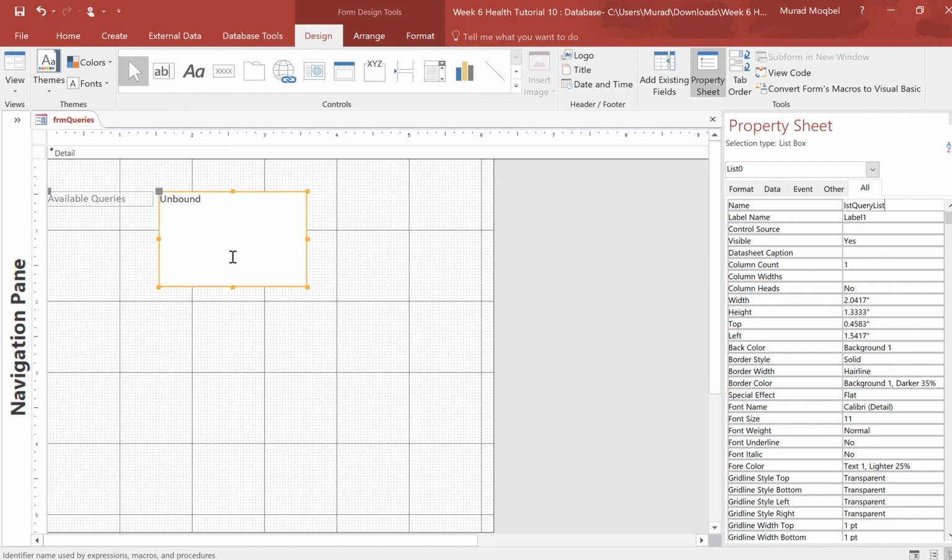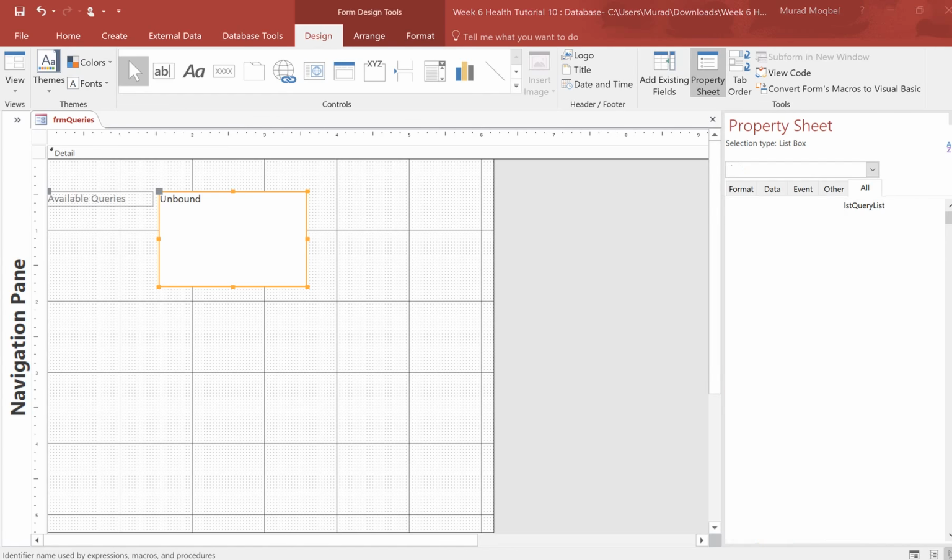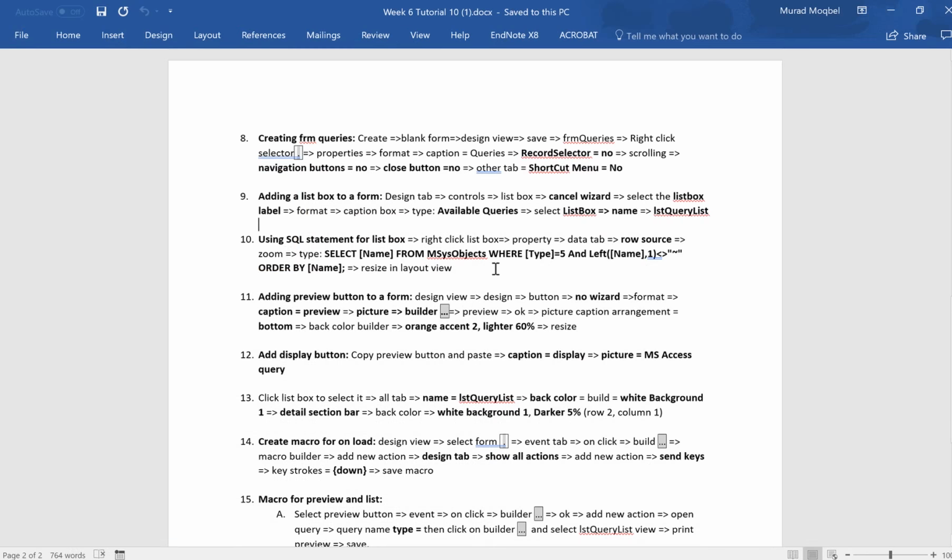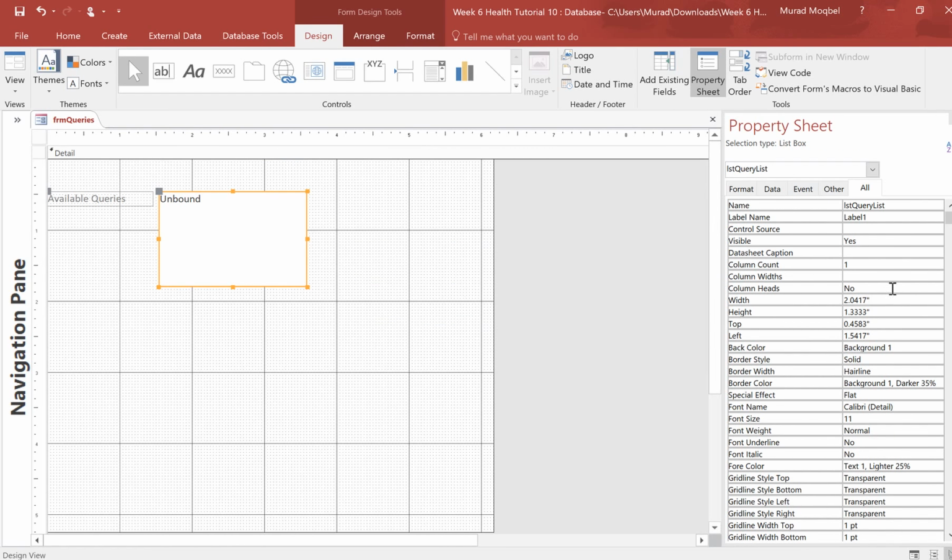So now using the SQL statement, what I will do for number 10 is I will just copy this code. So here 5 basically refers to a certain object. In this case it is, I believe, queries. And so I'm using this SQL statement code. So I'll copy it, and then it's asking me to go to